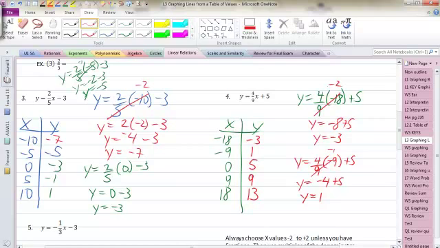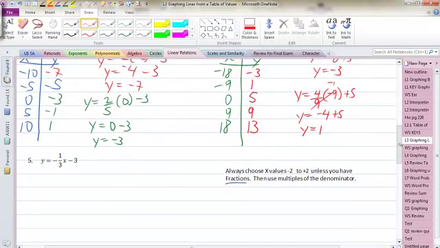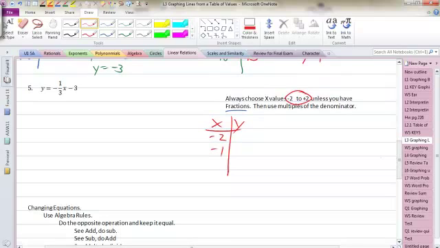Hands up if you got this. Did I do it right? If it's not a fraction, always choose values from -2 to +2. So go down and go -2, -1, 0, 1, and 2. Okay. Any questions? All right. So now what you can do is the next